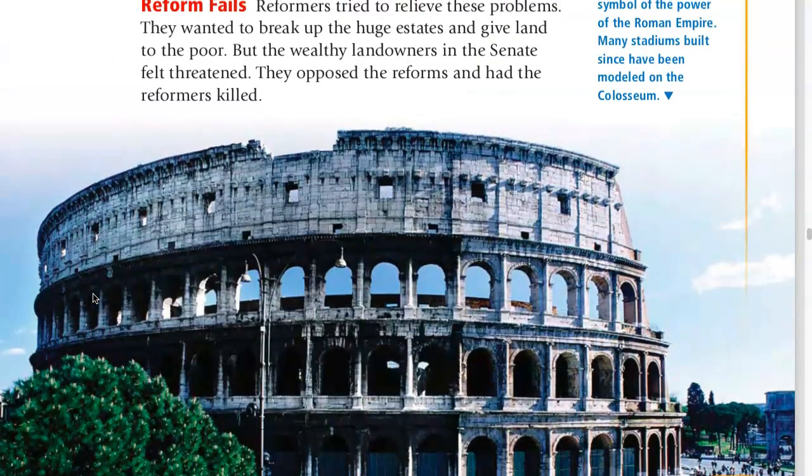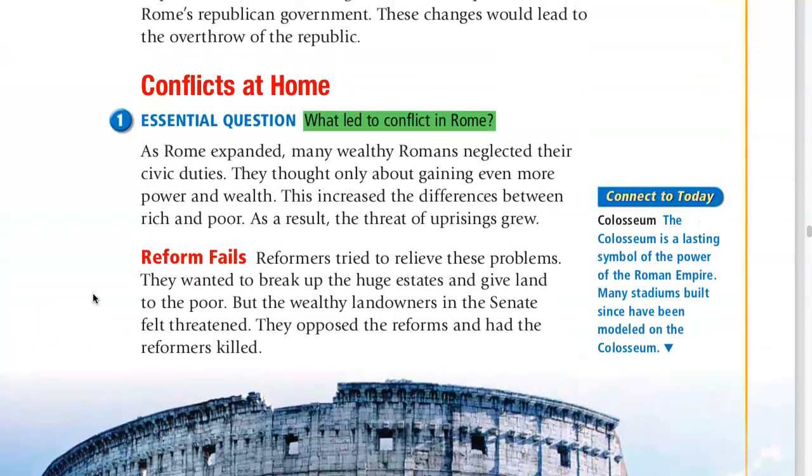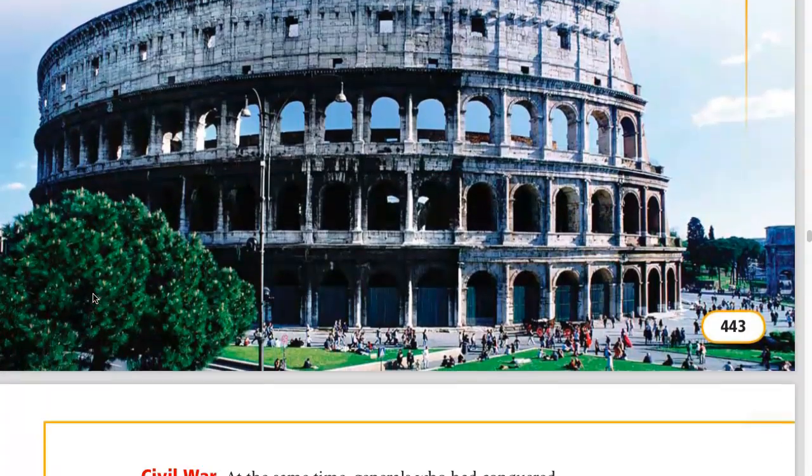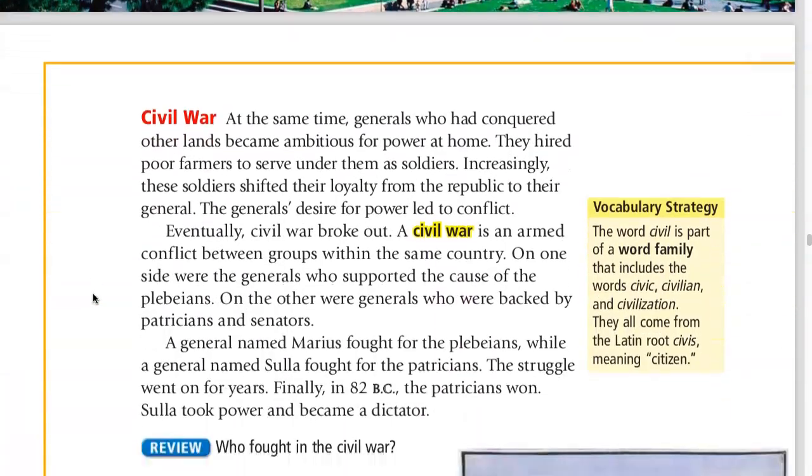All right, going back then to this essential question, what led to conflict in Rome? There were two kinds of things, really. Divisions among the people and the generals,